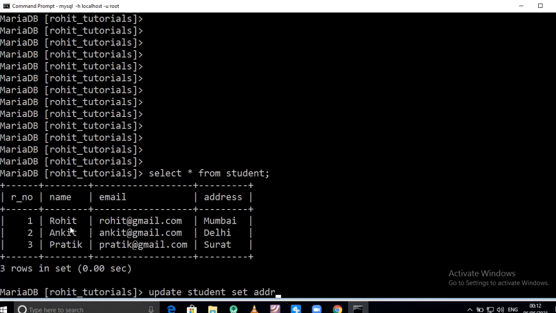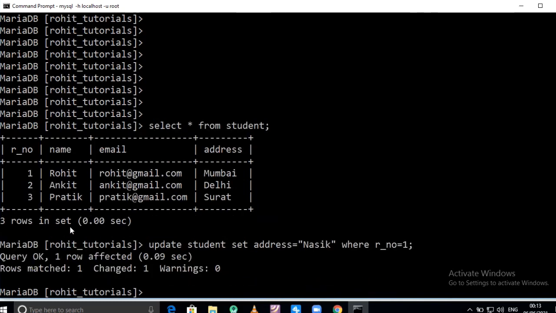Set address equal to, as it is a varchar, give it in double quotes, Nasik, where roll number equal to 1, semicolon, enter.